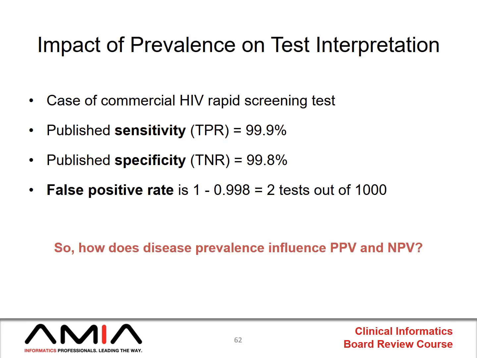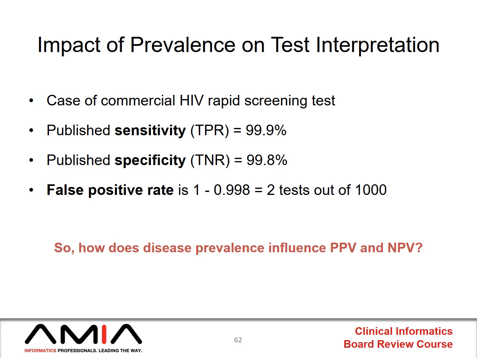All right, so now we talked about how sensitivity and specificity are not dependent on the prevalence of a population, but how positive and negative predictive value absolutely are dependent on the prevalence of the disease in the population, based on the simple fact that they require data from both the column of patients who have the disease and the column of patients who don't have the disease. To make this point more